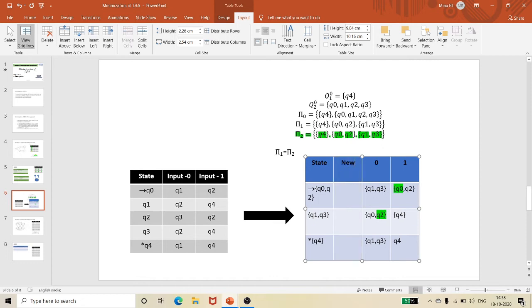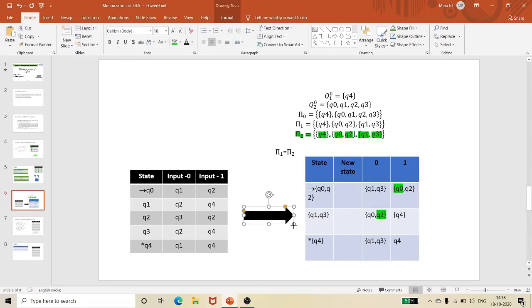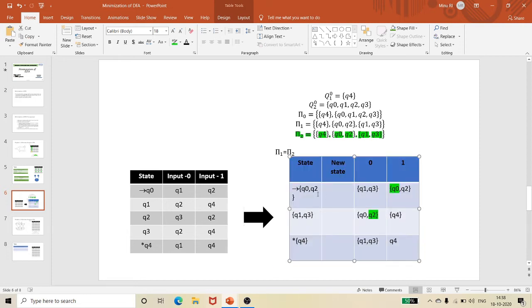Let me make it new states such as capital A, B and C, where I am making A as Q0 and Q2, and Q1, Q3 as my B, and this is my final state.